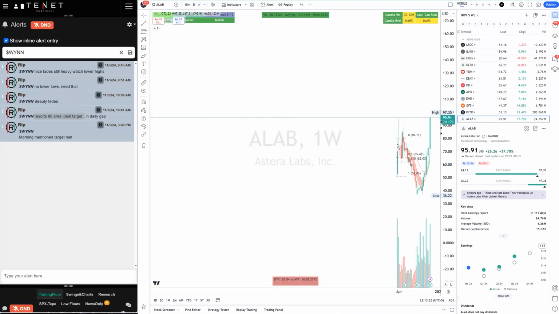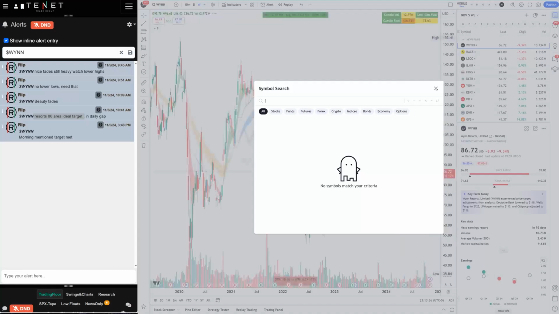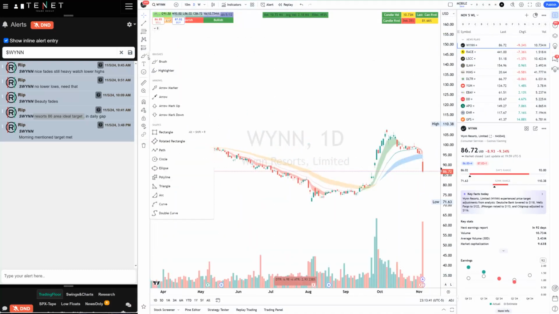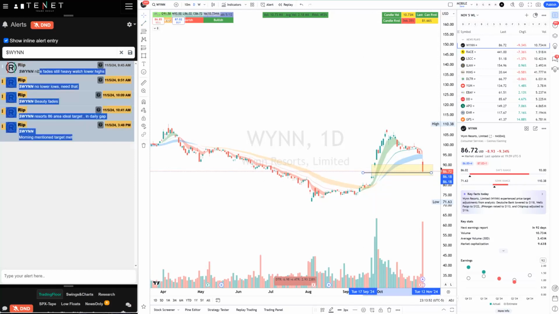The reason I gave a target of 86 on WIN is because you can see the gap on WIN, right? So this is the gap. You can see the gap right here. The gap is kind of filling, and that's why I had a target of 86. And by the end of the day, we met our target of 86 on WIN. So you can see the pre-market guidance, my voice guidance, and my timestamp guidance here. Beautiful short, puts made money.